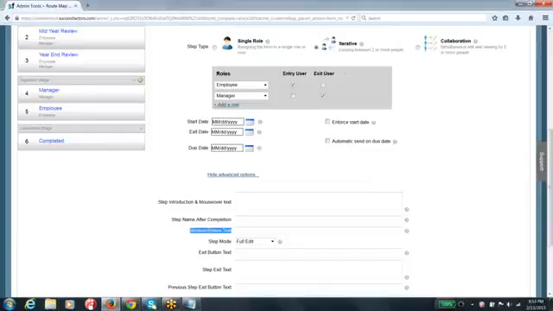And I'm talking about if it is going to be an iterative step. When you're sending the form from one employee to another employee in the same step, what kind of step name do you want to show to the users? This is the place where you are going to configure that particular text, guys. And you can see here whether the step mode is full edit or comment only.